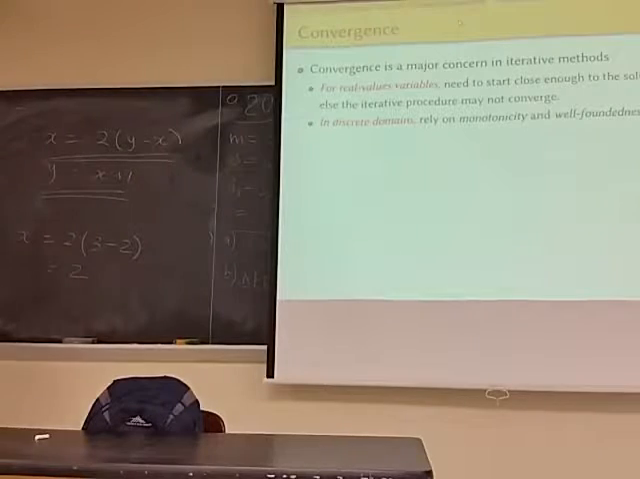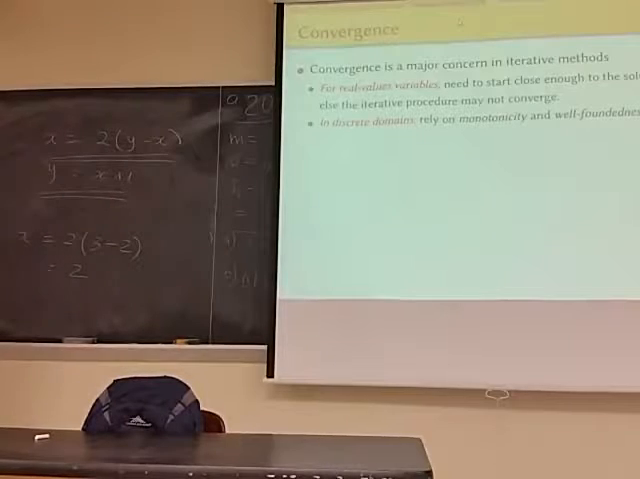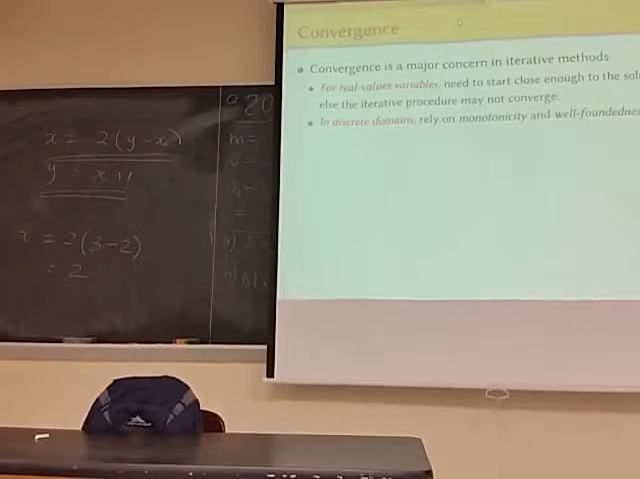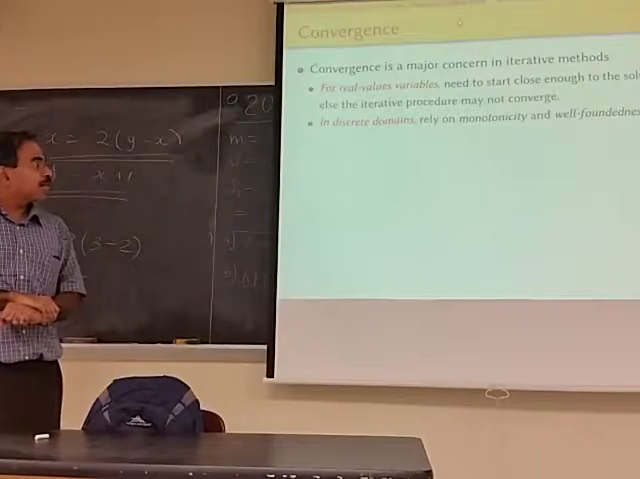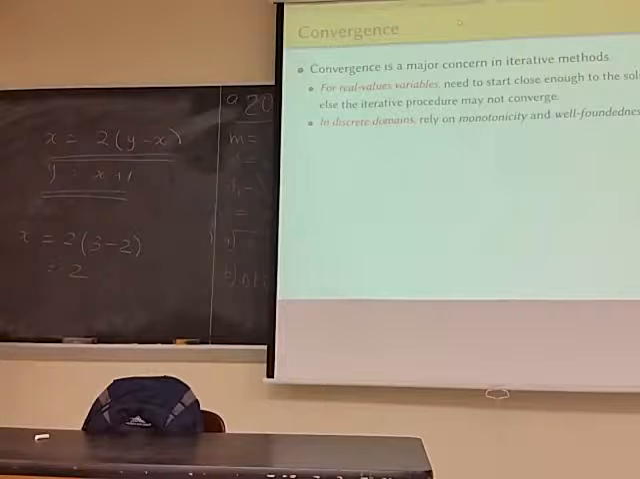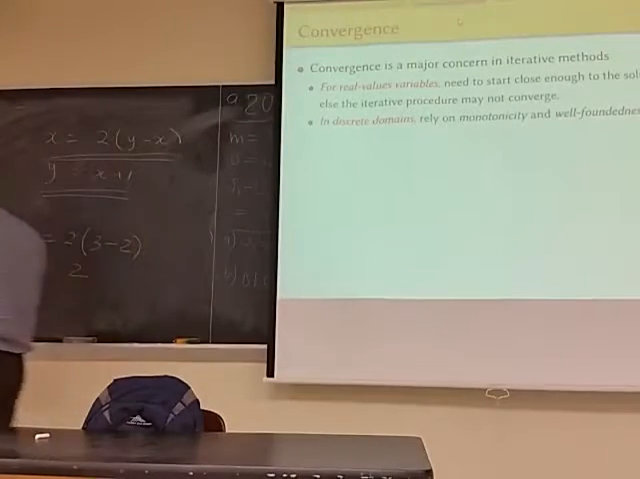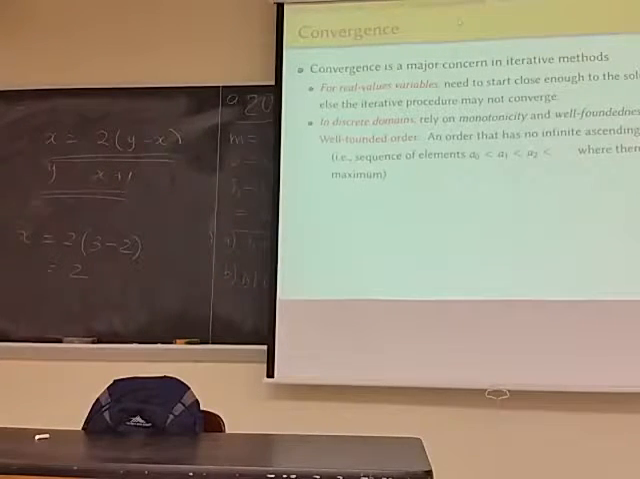But in algorithms, we typically work with discrete domains. Okay, so when you think about edit distance, well, strings are discrete, and the way we set up the problem in terms of edit distance between prefixes of two strings, right? That's how we set it up. Everything is discrete. So in discrete domains, we have a different way of thinking about convergence, and that is based on two properties called monotonicity and well-foundedness, which basically says, you can start